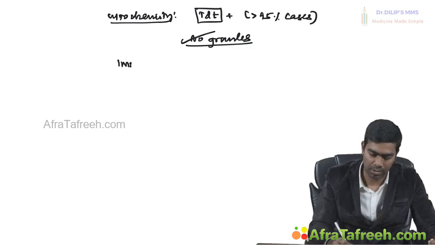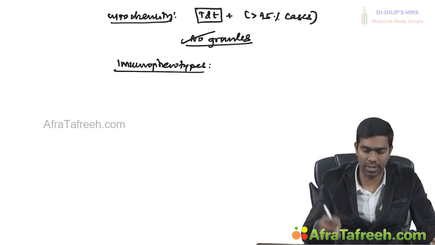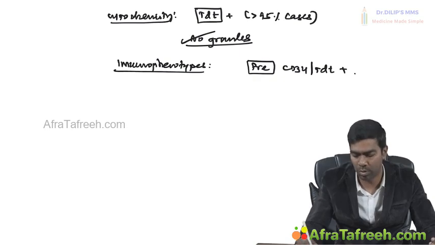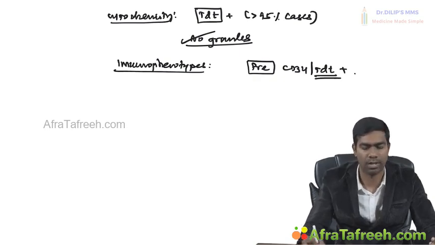And next, if you go to the immunophenotyping, because the majority of ALL arise from precursor lymphoid cells, the common lymphoid progenitor, it will be either a pre-B ALL or a pre-T ALL. It can be a B cell lineage or a T cell lineage ALL. So first let us see the precursor markers. Precursor markers are typically CD34 and TDT, which will be positive. The most important is the TDT, which I told you already.